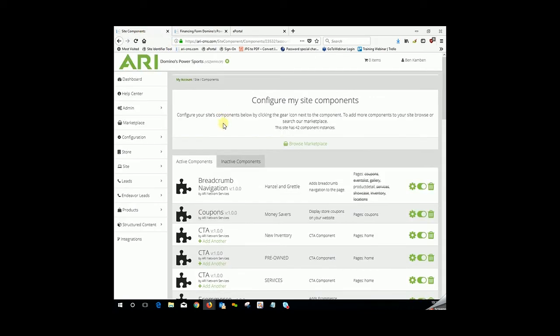This has been setting up your buyer's tools and default forms that will appear on your responsive